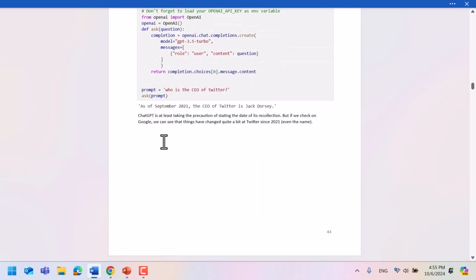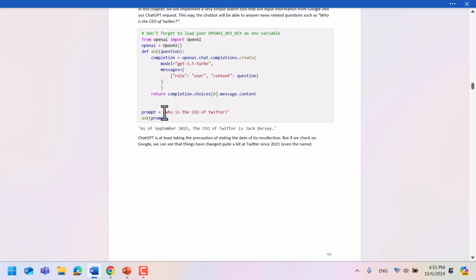So, for instance, here you have a question that could be like, who is the CEO of Twitter? And, well, this is something that is very much information bound in time, right? In this case, with some of the earlier versions of ChatGPT, the knowledge cutoff of the training dataset was September 2021.